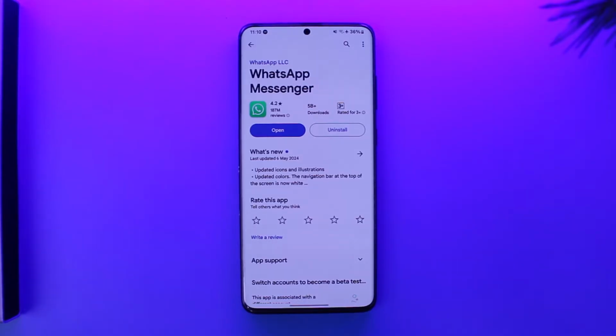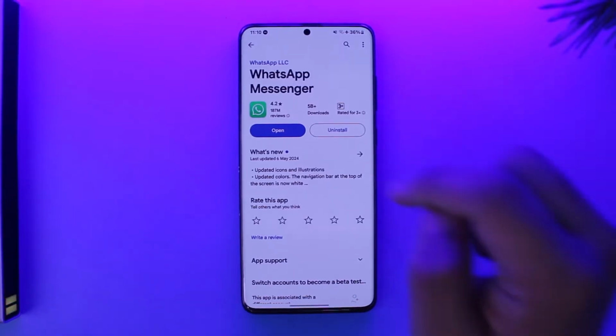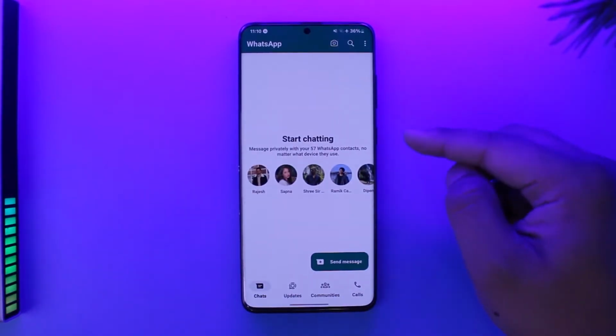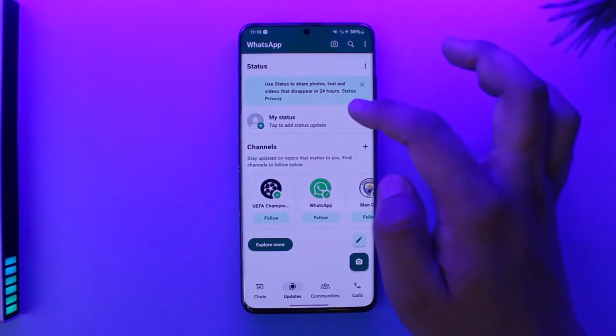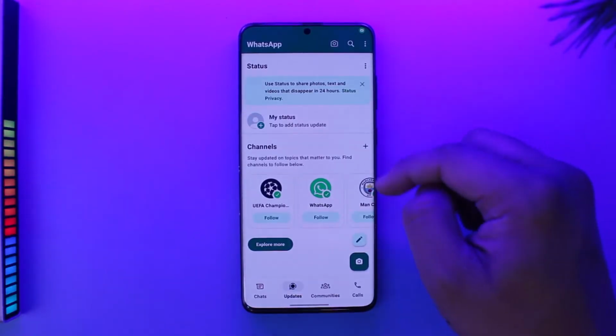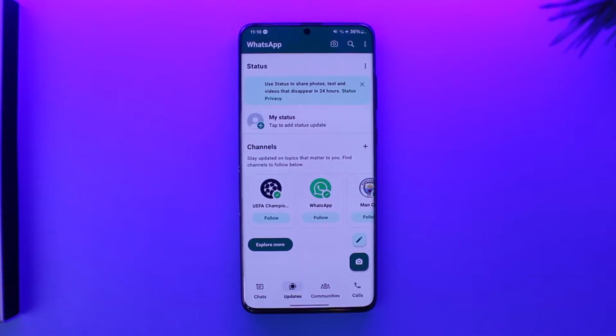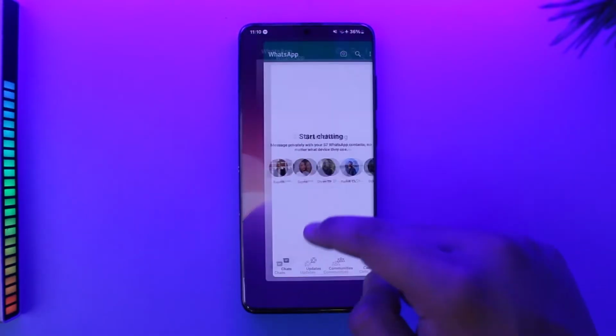So if you want to add a 45-second video, the issue here was quite simple. Previously, whenever you tried to add a video on WhatsApp and it was longer than 30 seconds, it would crop the video to 30 seconds. But fortunately, that is no longer the case, because all you have to do is